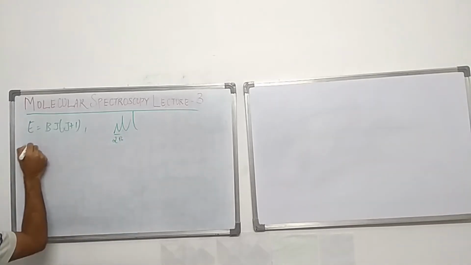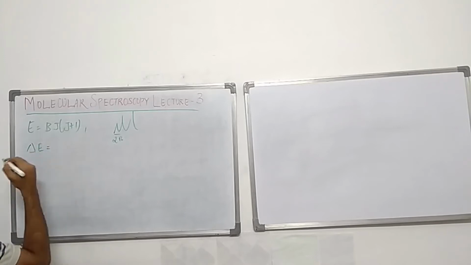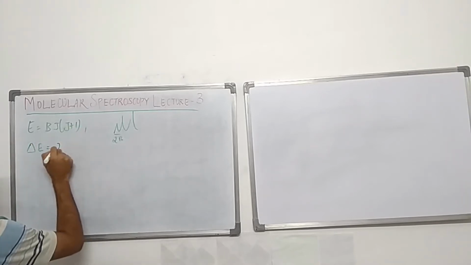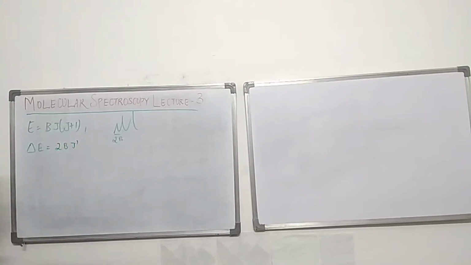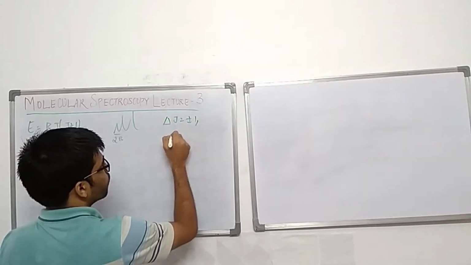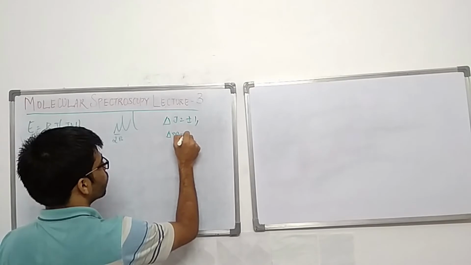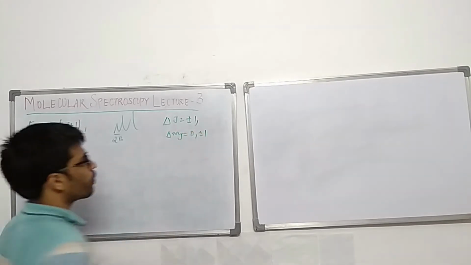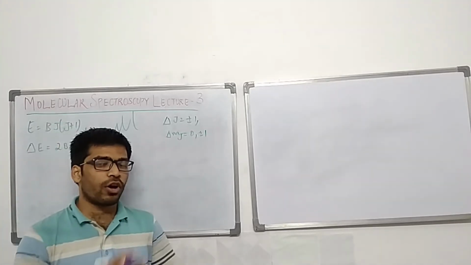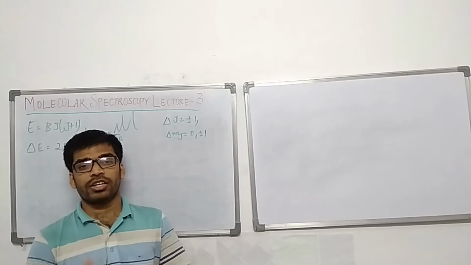At the same time, we had also seen that delta E, the energy for transition from one rotational state to another rotational state, can be written as 2BJ', where J' is the higher energy level, and at the same time the selection rules state these. Okay, fine. So now we'll start with the discussion of degeneracy for diatomic molecules, or the degeneracy of rotational